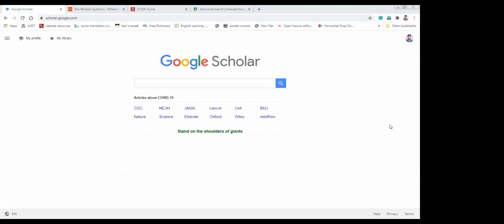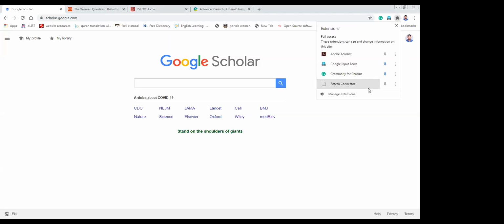While we discussed the installation part, I mentioned the Zotero connector. Once the Zotero connector is installed, you will have it in your Chrome. The moment you install it, it will be available automatically on the upper right side.